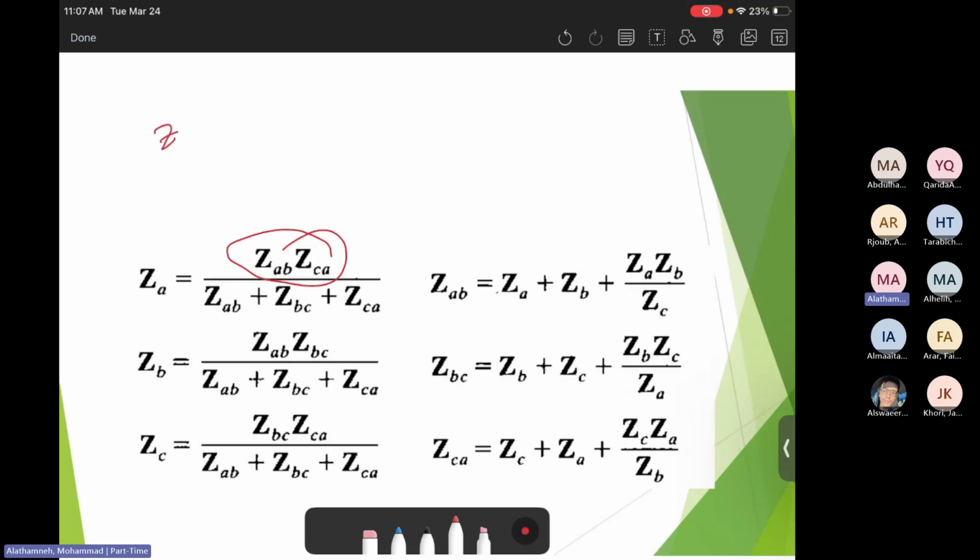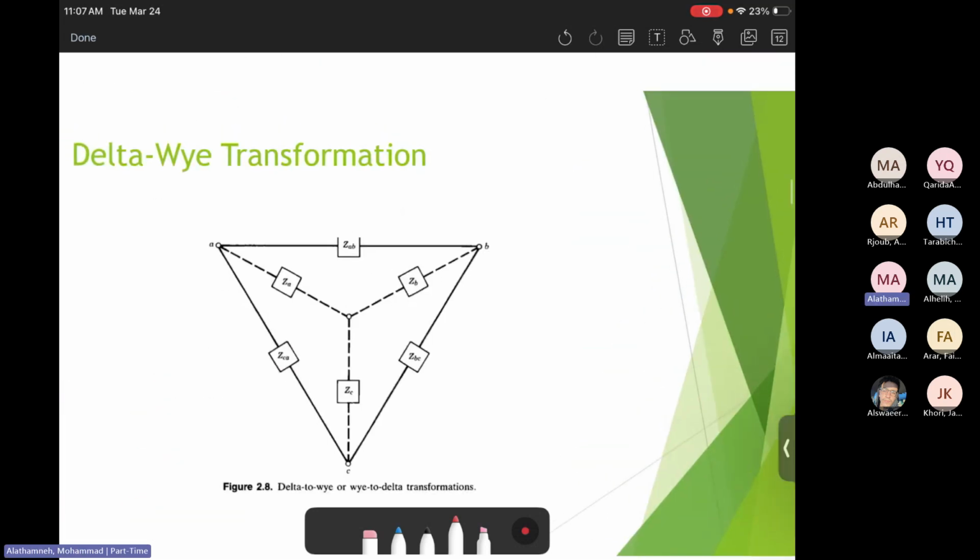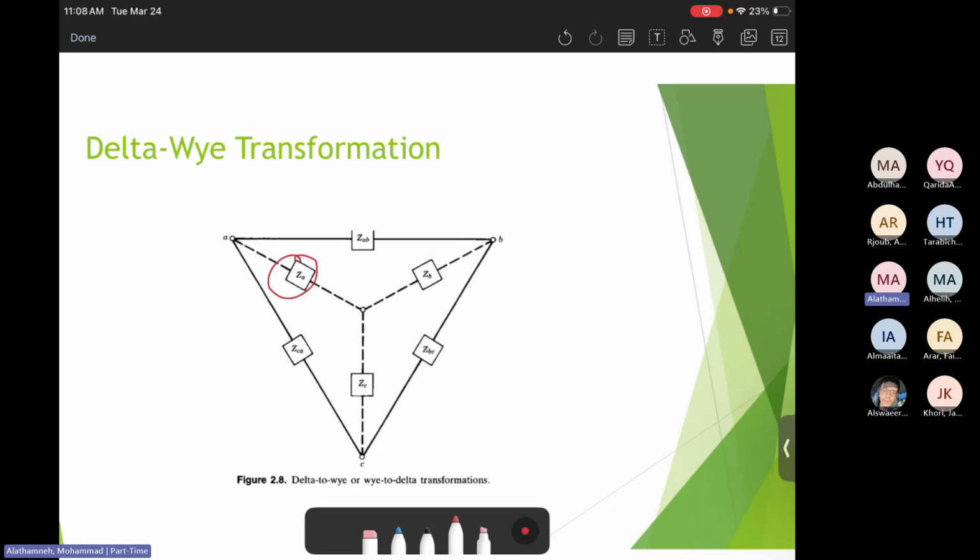So Z of anything equals multiply adjacent divided by the sum of all. So look at ZA. Where are the adjacents? ZAB and ZCA. So ZA equals ZAB times ZCA divided by ZAB plus